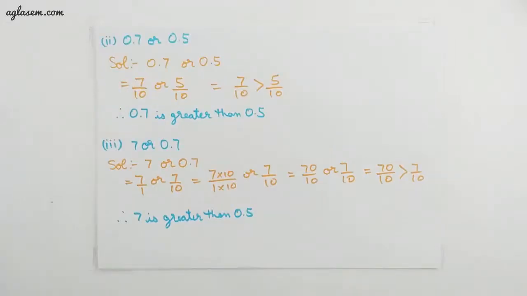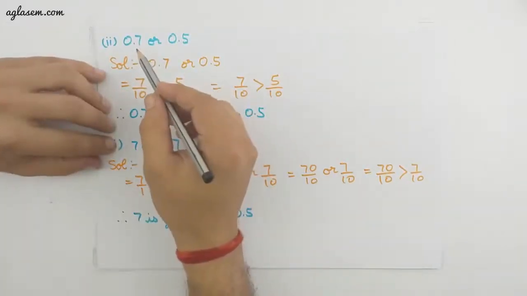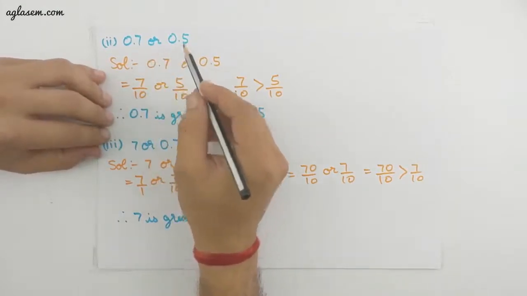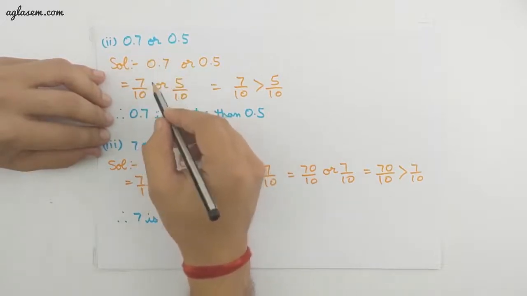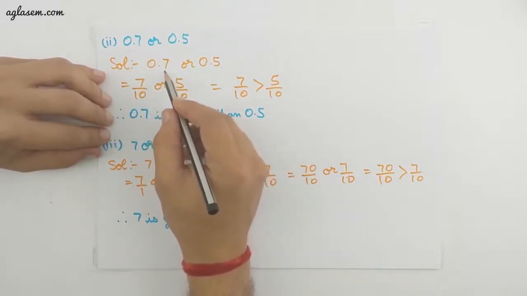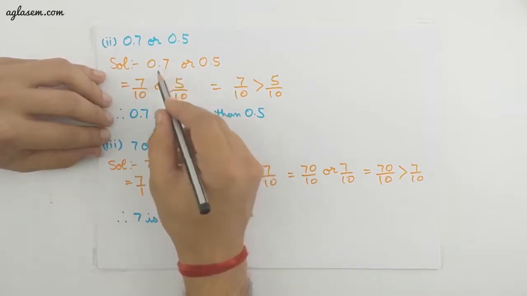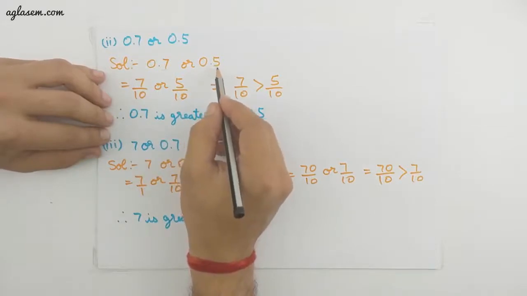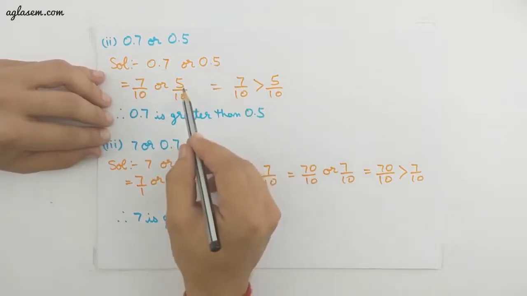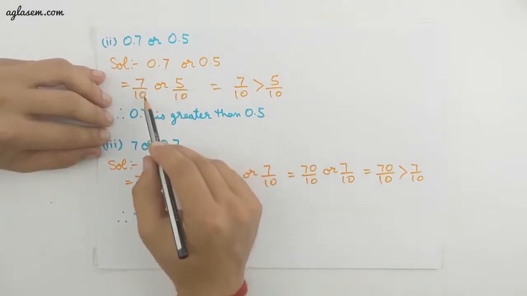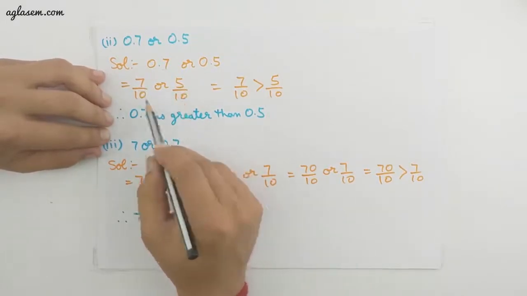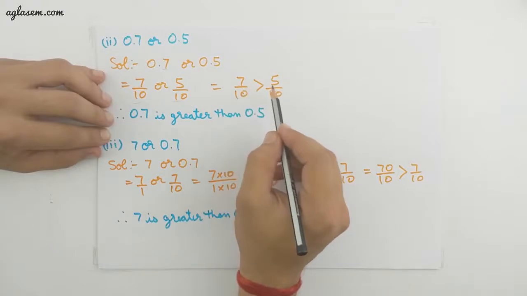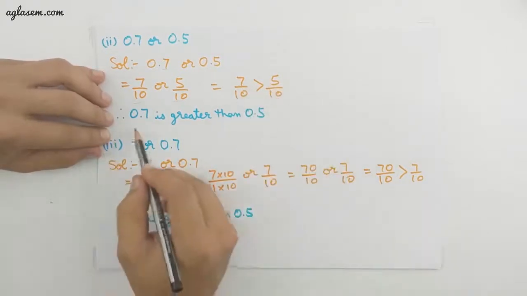Let's move to the second part of the question, which is 0.7 or 0.5. Which side is greater? To make this equal, first we will remove the decimal and make it a fraction. 0.7 has only one digit after the decimal, so we will divide this by 10. On the right side, there is only 5 after the decimal, so again we will divide this by 10. So 7 by 10 or 5 by 10, which side is greater? We have a common base 10, so we can say 7 is greater than 5, so 0.7 is greater